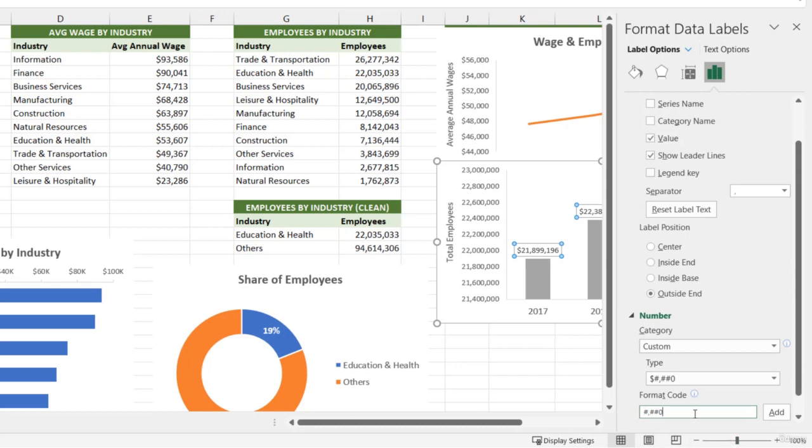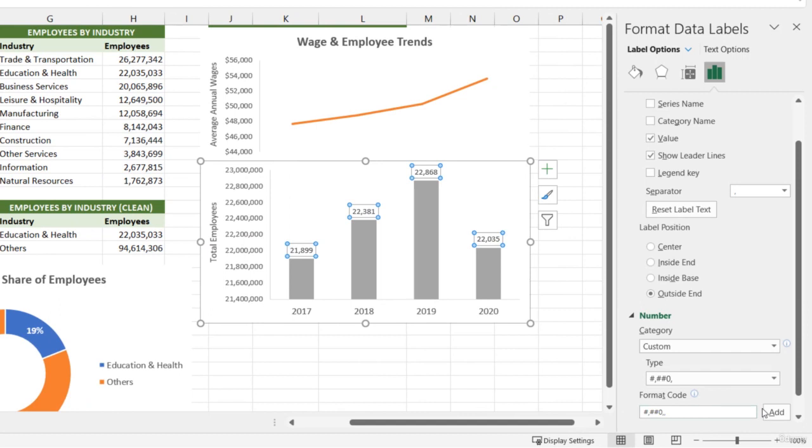And if we add a comma like we have before and press Add, you'll see that that only removes one set of 3 digits. But if we add another one, let me move this over here, and press Add, now we got rid of all 6 digits. So we can add an M for millions,